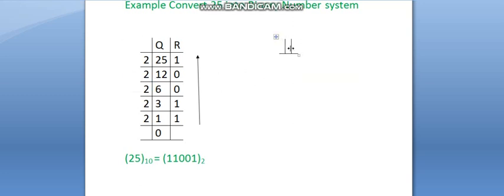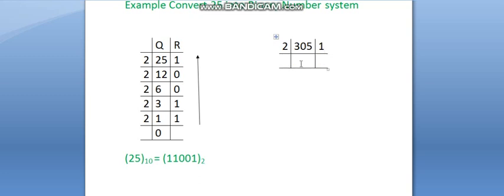Now in another example I am going to take a number, suppose 305. Okay, we have to convert 305 into your binary number system. What we have to do? We have to divide by 2 and we have to note down the quotient here and remainder this side. So what we are going to do here, 305, if you are going to divide by 2, as 305 is your odd number, the remainder will be your 1.